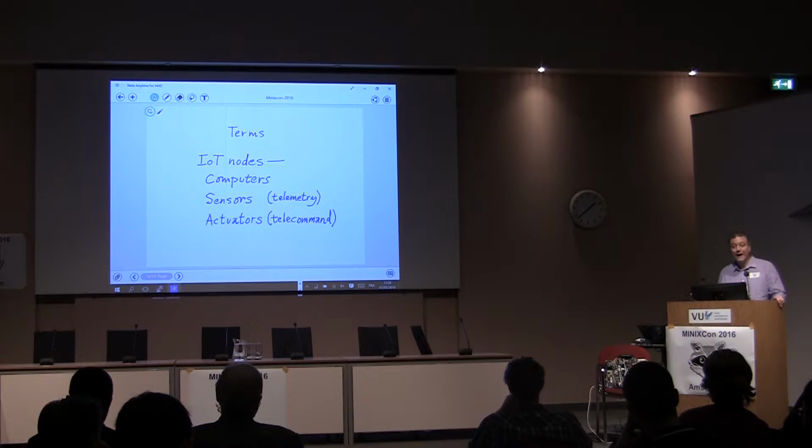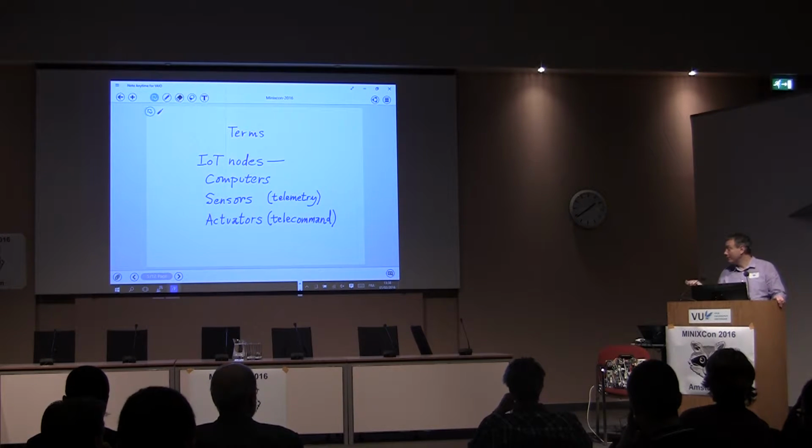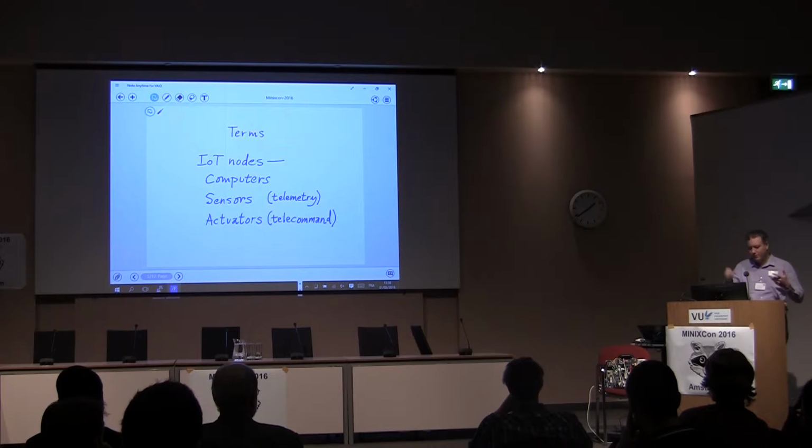The last thing on the list is an actuator. That's something that lights up or heats the air or spins a rotor, or these are things that are changing the environment, so they're acting on their environment. And when a computing node sends a command to an actuator to change its environment in some way, like a drone that's going to lift off and push air downward, it is basically sending a telecommand. So that's the opposite of a telemetry stream. You've got a telecommand stream as well, and that's basically writing to the exterior devices, and the sensors is kind of like reading, if you want to think of it that way.